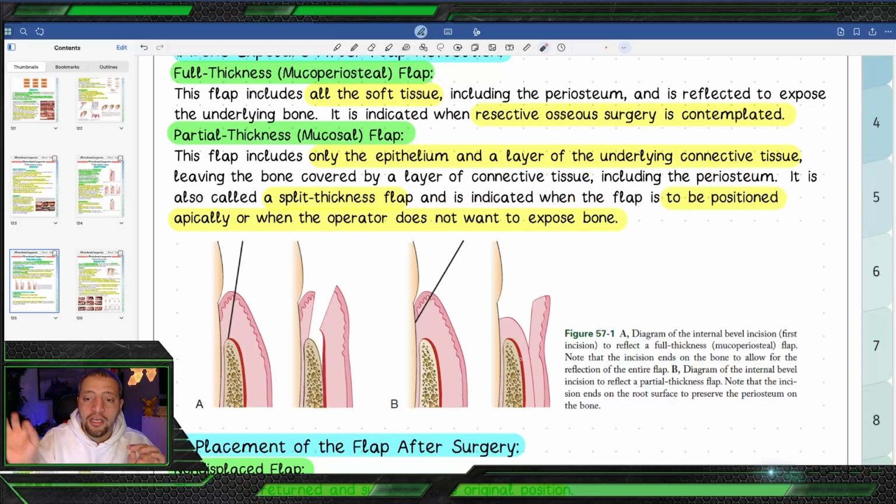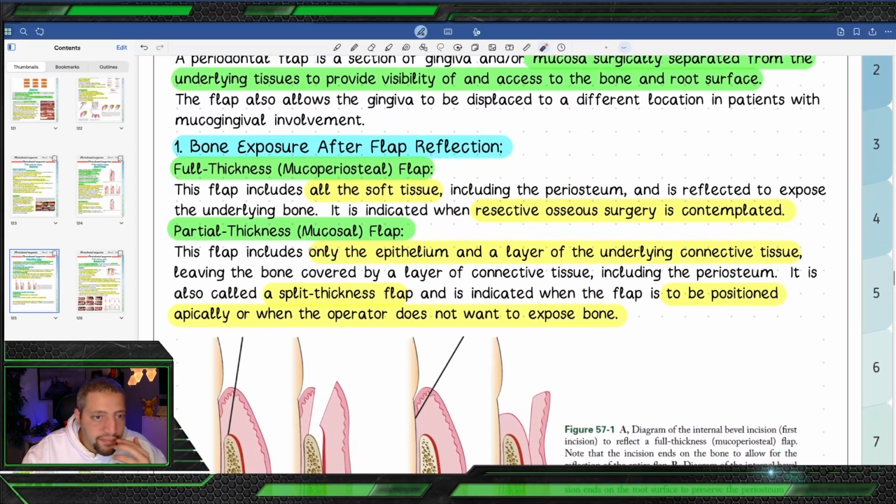be easier, suturing will be easier, but it requires a highly skillful periodontist, and it requires good gingiva, because if the gingiva has less keratinized gingiva, this technique will be almost impossible. So we're going to end up doing the full thickness flap technique. This flap includes all the soft tissue, including periosteum, and is reflected to expose the underlying bone. It is indicated when resective surgery is